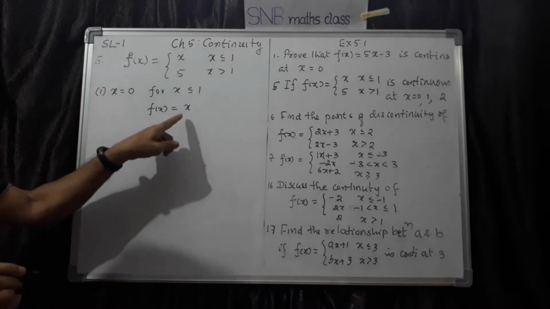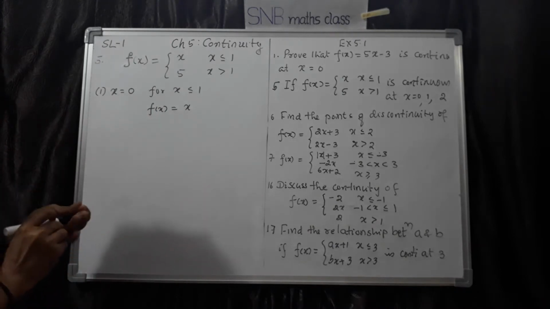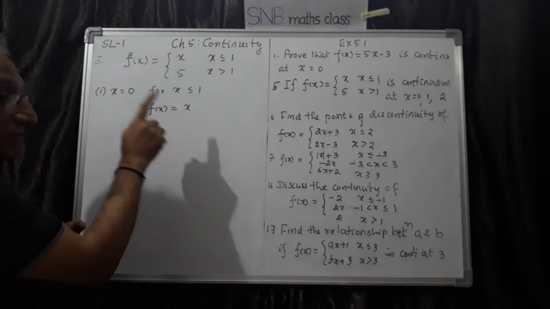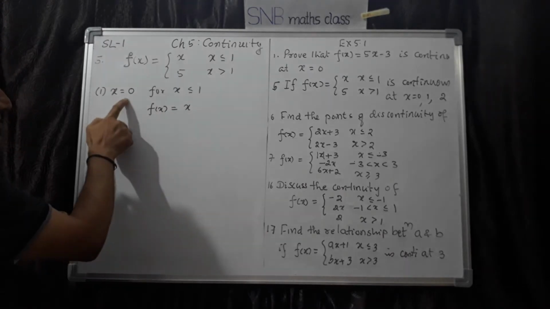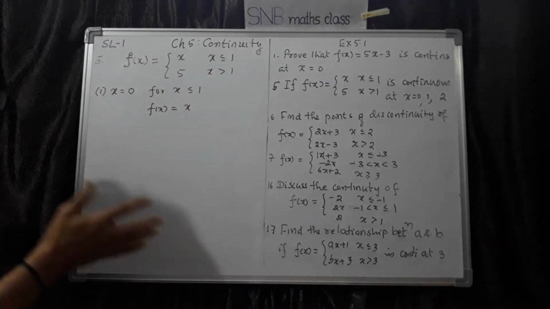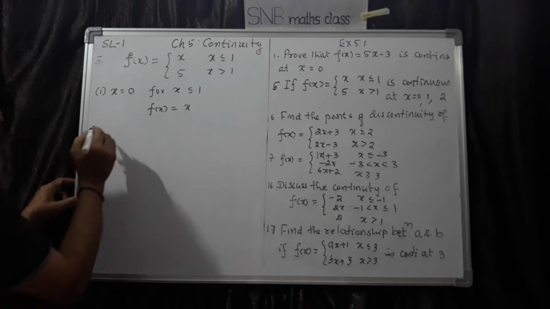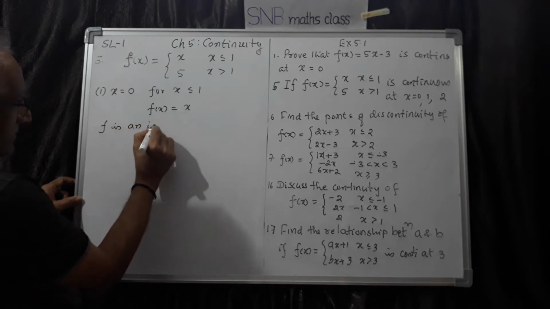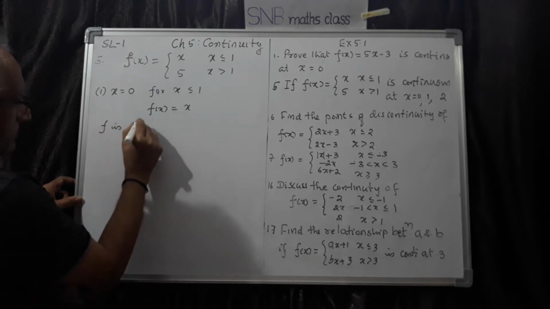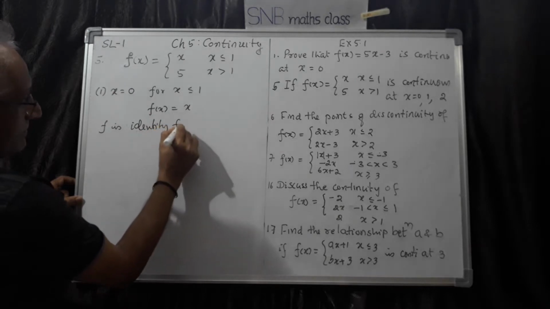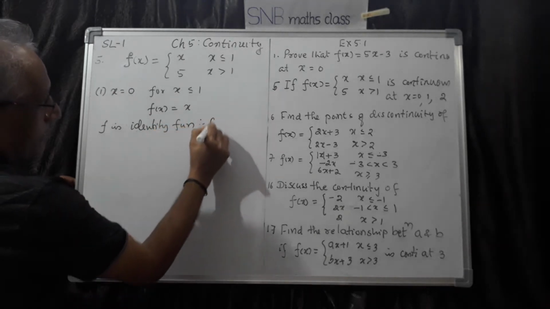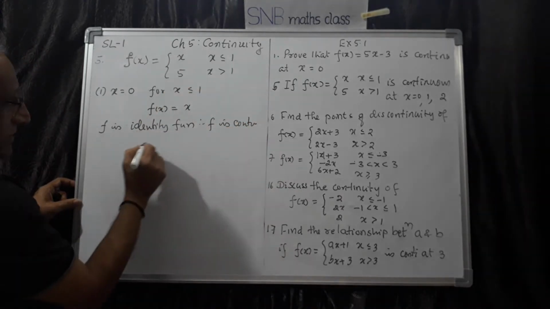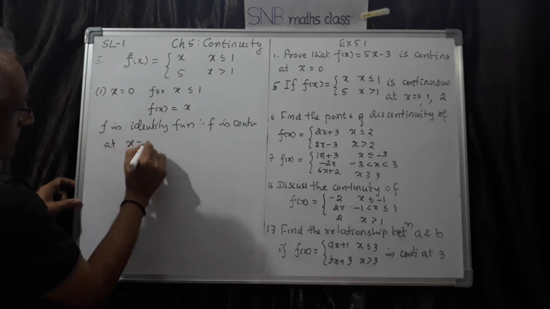So this 0 comes here only, and we have seen one theorem. We have f of x equal to x, we have even proved this one. This is the identity function which is continuous in its domain, and 0 comes in the domain only, so definitely it is continuous. There is no need to prove it actually. I can write like this: f is an identity function, hence f is continuous. And it is continuous in the entire interval, therefore continuous at x equal to 0 also.